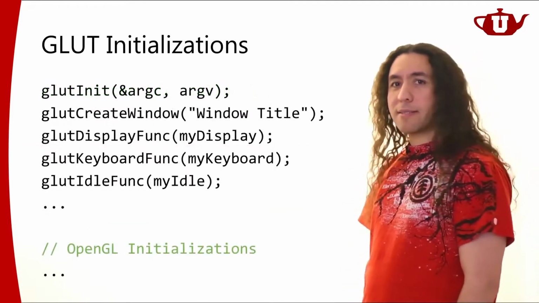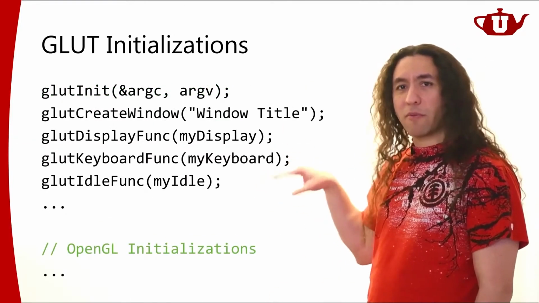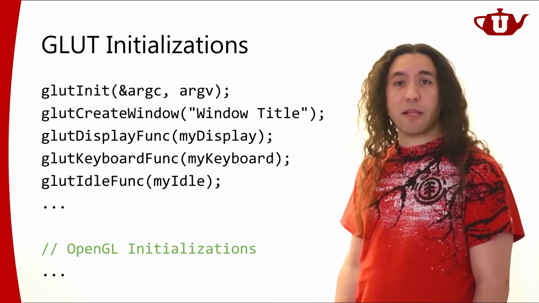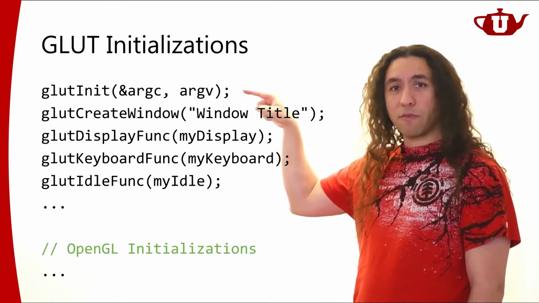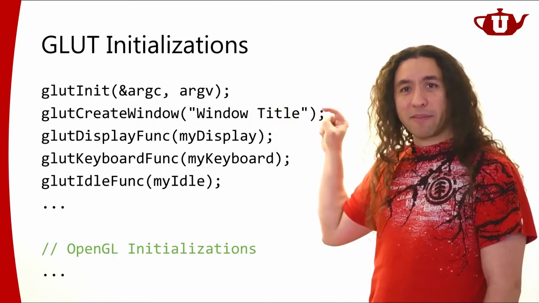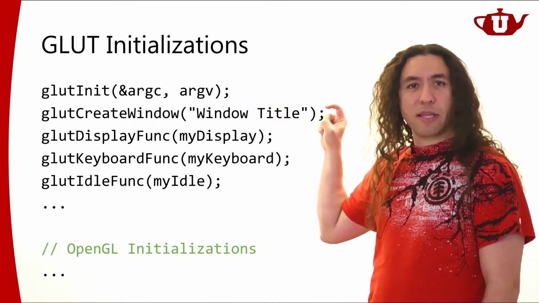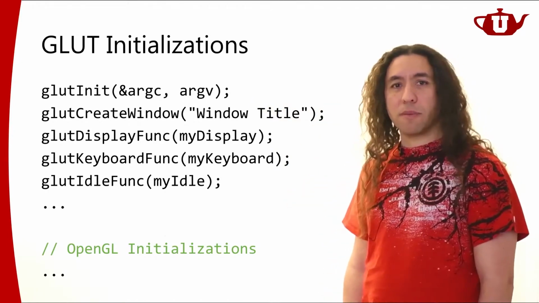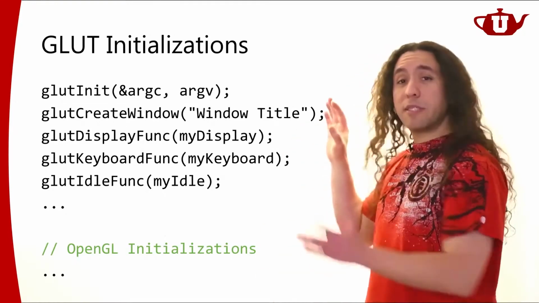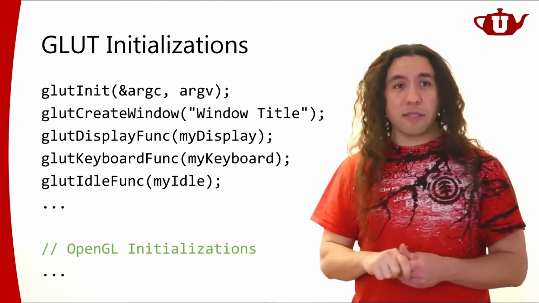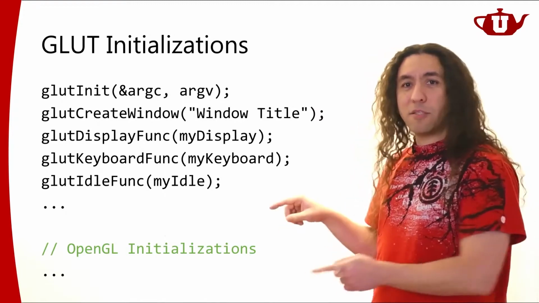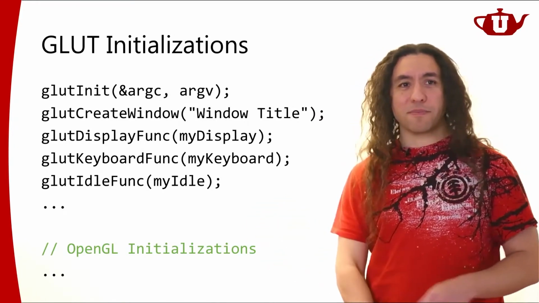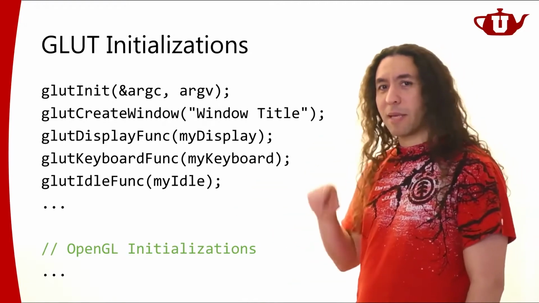So to summarize, I'm just giving you some of these functions. This is a typical way of initializing GLUT. So you definitely call this. Don't forget to call this. And after that, you may do a few initializations and then create your window and then register your callbacks. And after you're done with this GLUT-related initialization, you're going to need to do other initializations that are related to OpenGL probably. But let's skip that.